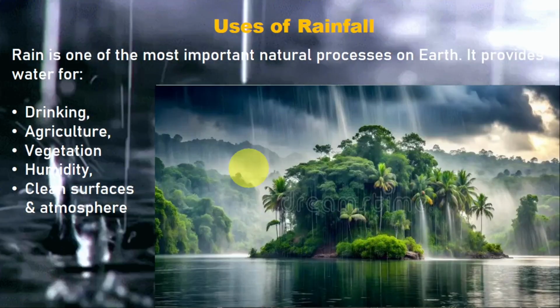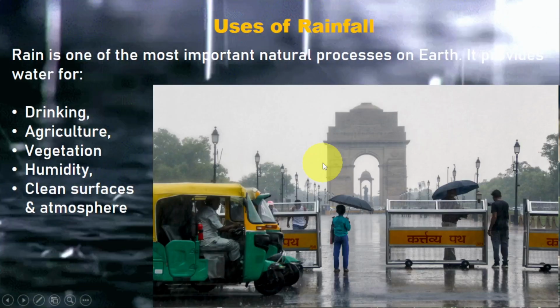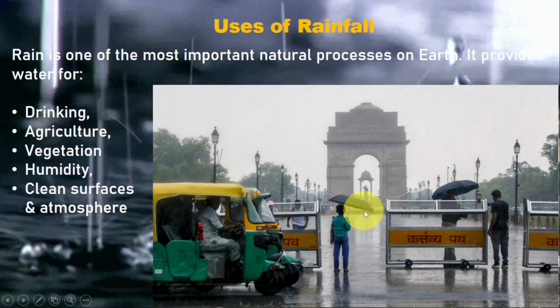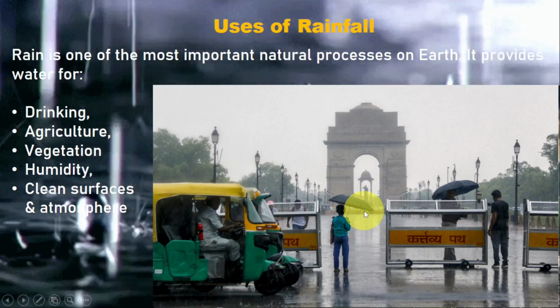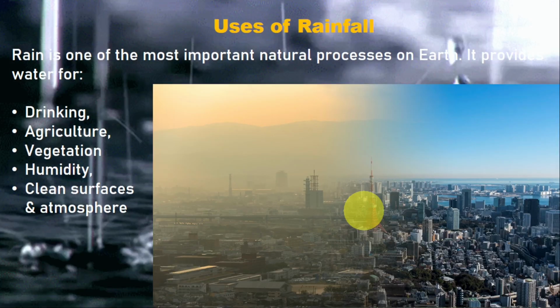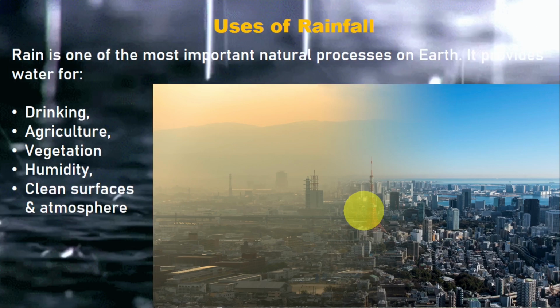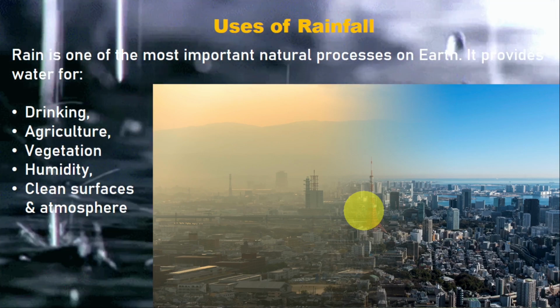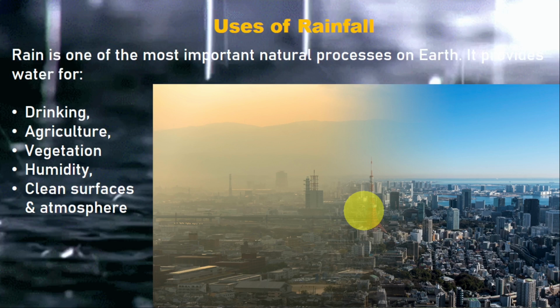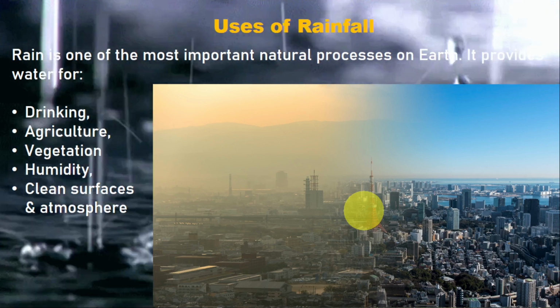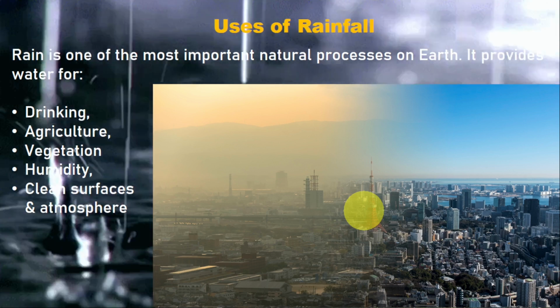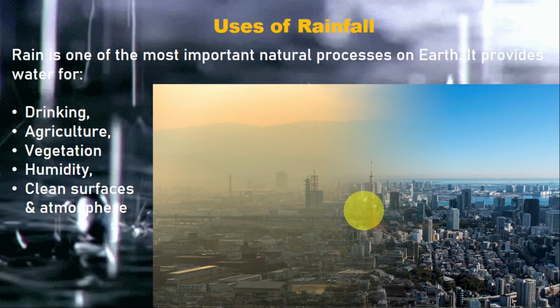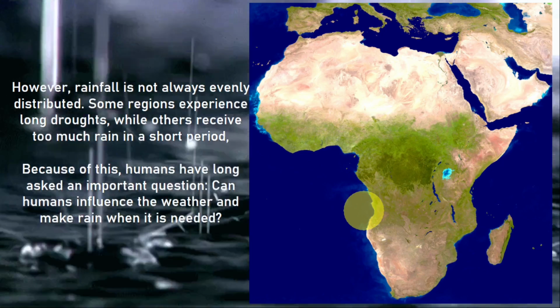This is another one: it provides water for humidity. It makes everywhere moist, and it helps to reduce pollution. It cleans up the atmosphere and reduces pollution. It can even clean up the rooftops of your house or your building. So rainfall is important. However,